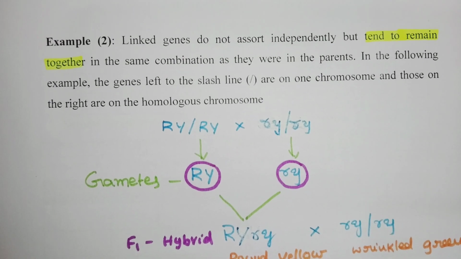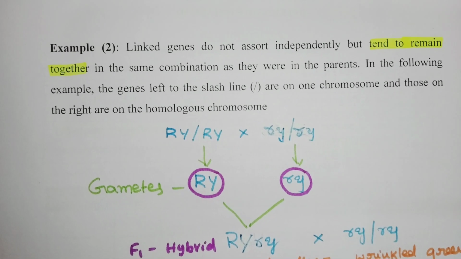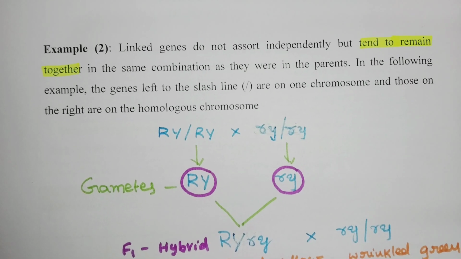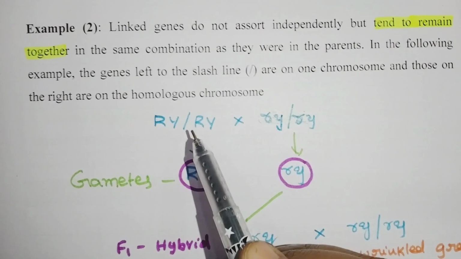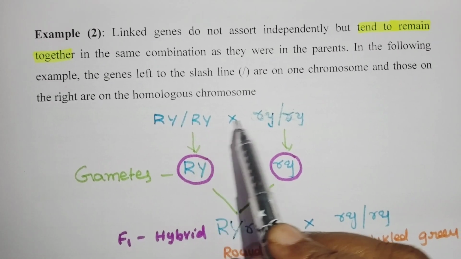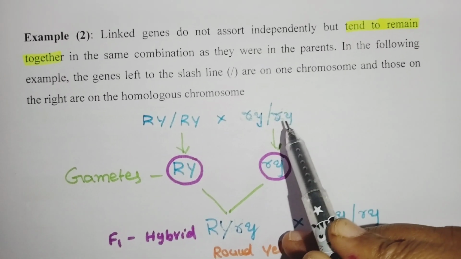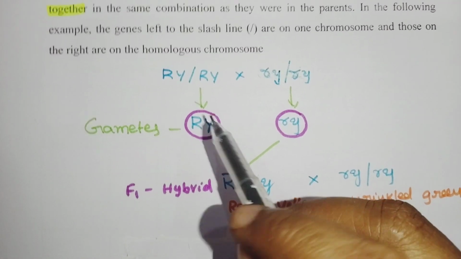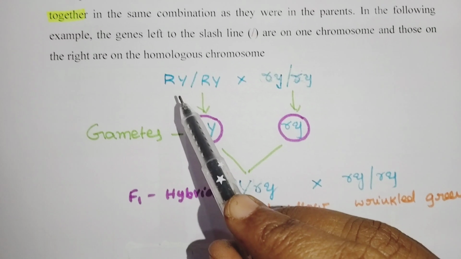In this case, the two genes are separated by a slash. Look at this, they are separated by a slash. R and Y genes. Why? I will tell you later, in detail. So let's see the cross, when the round